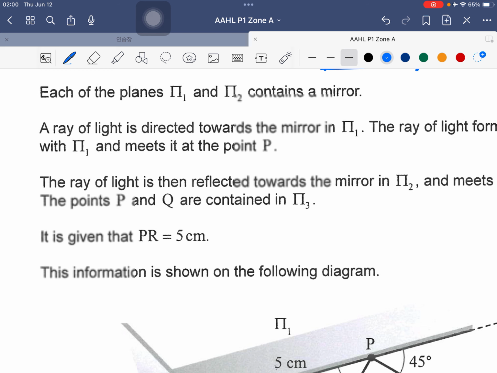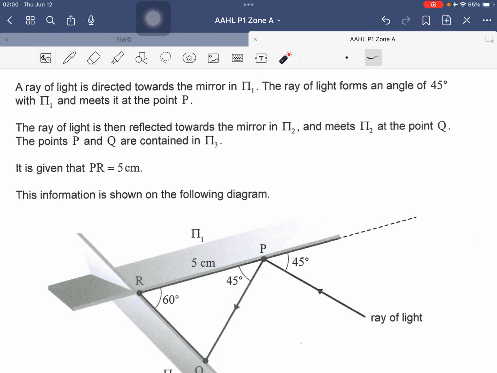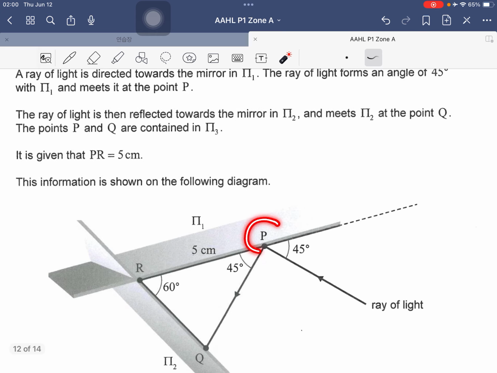Each of the planes pi 1 and pi 2 contains a mirror. A ray of light is directed toward the mirror pi 1 at an angle of 45 degrees. The ray of light comes from here, and this angle is 45 degrees with pi 1, and meets the point P. The ray of light is then reflected toward the mirror pi 2, so this incident angle is